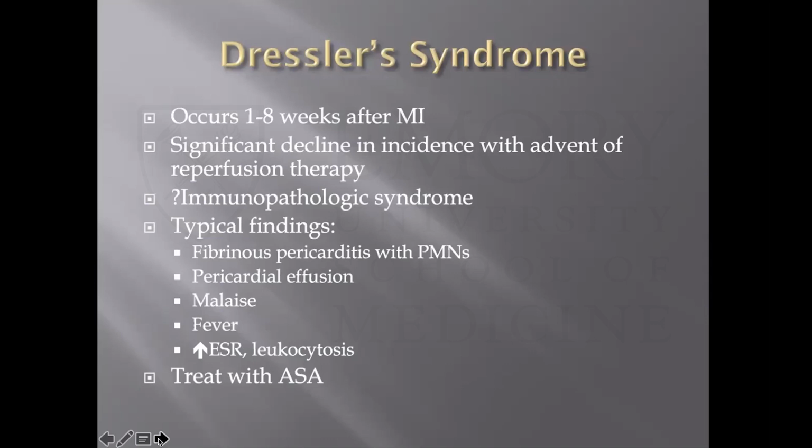Dressler syndrome is sort of the peak of severity in terms of presentation with post-MI pericarditis, is what you'll see in the pathology textbooks. This is typically going to occur weeks after an MI, not in the first few days. And again, we don't see much of this anymore. It's a very profound immunopathologic syndrome that if you were to look at the fluid or the pericardial layer under a microscope, you'll see a ton of polys. You will usually see a pericardial effusion here. Patients get very sick, feel like they're having the flu, can be febrile, inflammatory markers will be elevated. And again, here you're going to treat with high-dose aspirin and consider colchicine.